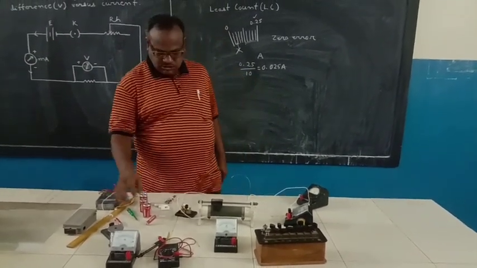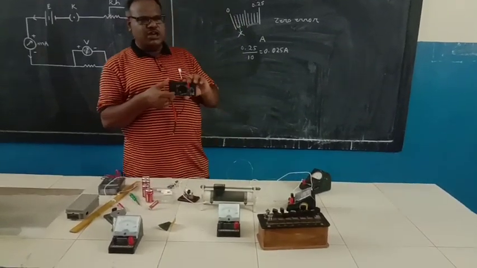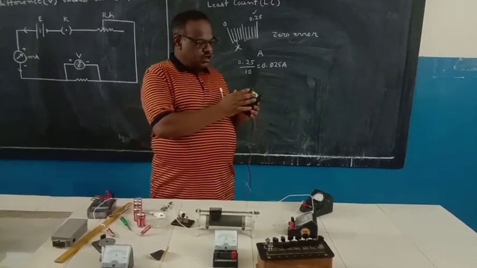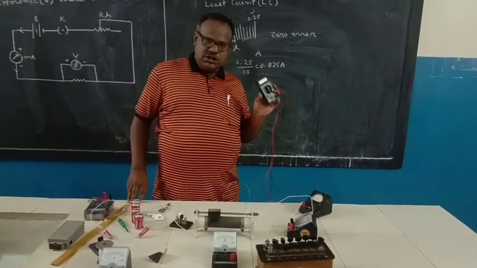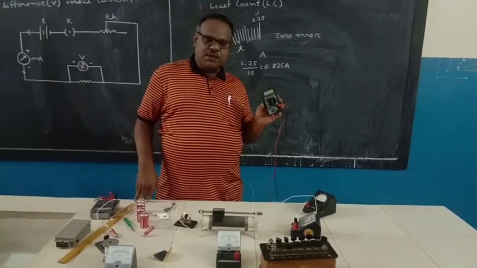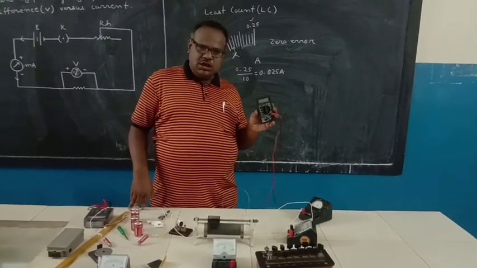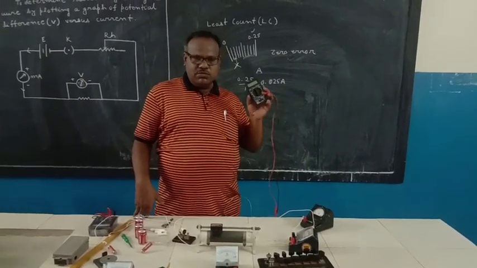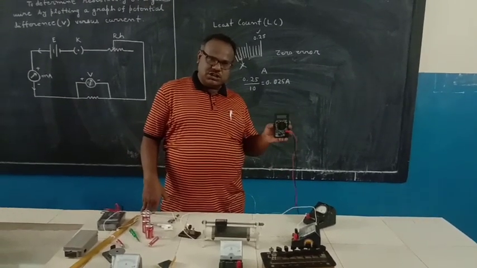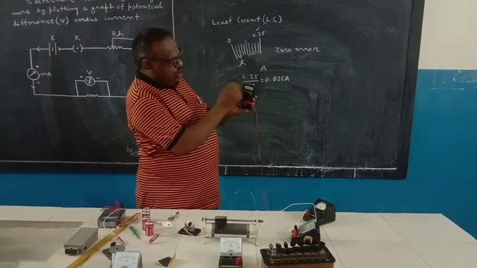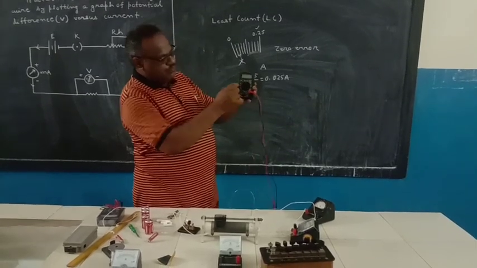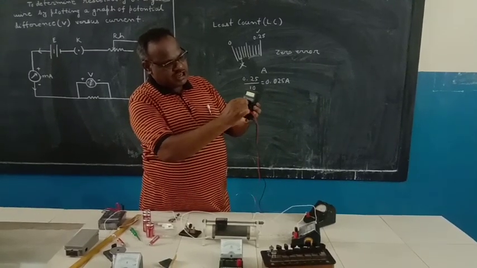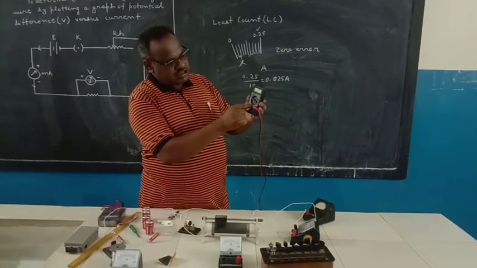Now another thing, see carefully. This is a very important device you must have seen in any type of electrical or electronics work. This is called a multimeter. By the help of this you can measure the value of potential difference. You can measure the resistance. You can measure the current. All can be measured by this. Here there is a knob, it is in the off position. Here it is written DC volt. From this to this it is DC volt. So you can measure the voltage if you take this range. Here it is resistance.